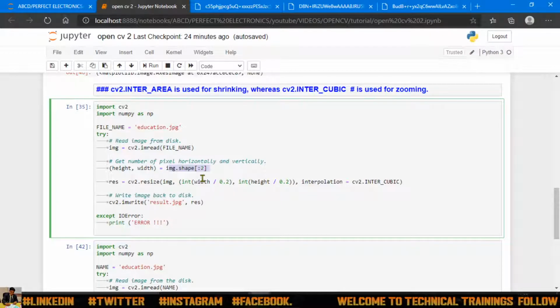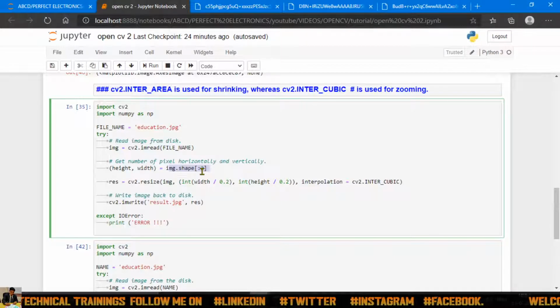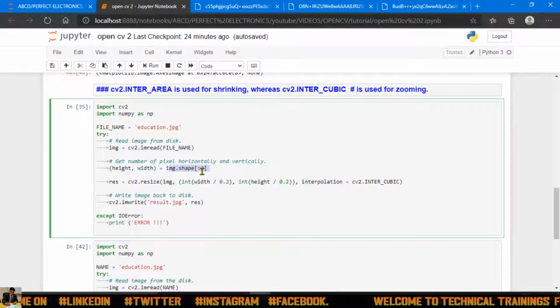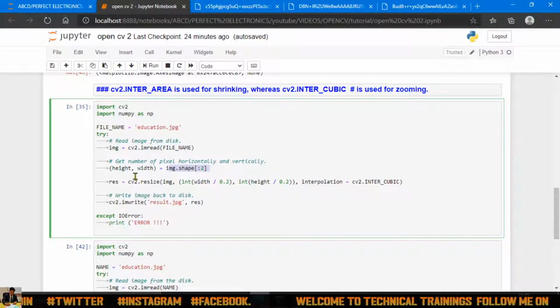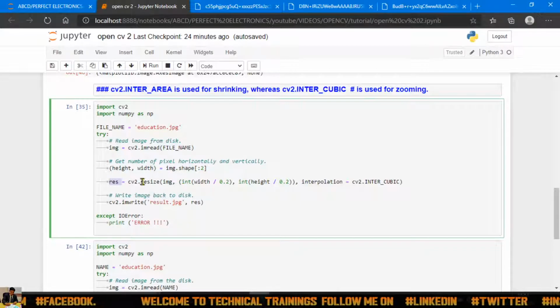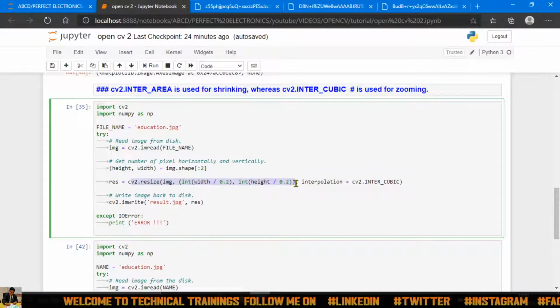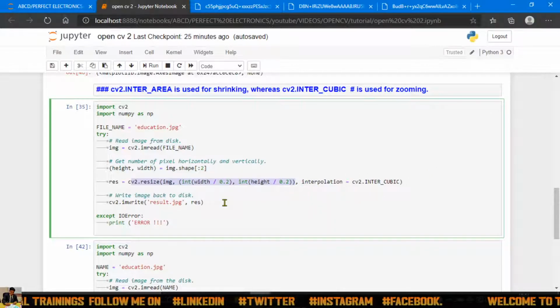Why I've given colon 2 over here, basically, is because I want that image. If I'm calculating horizontally, I will get the whole data of that. It will give me the image over here. So let's see. Now this is a direct variable I've created, and in that variable I'm writing this whole thing over here. Now let's understand what it means.